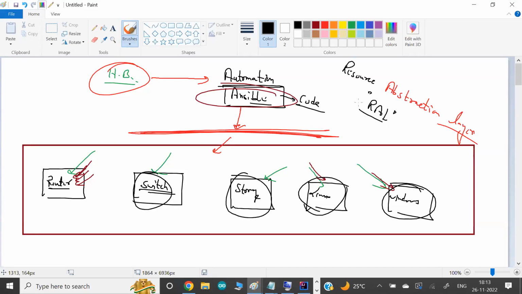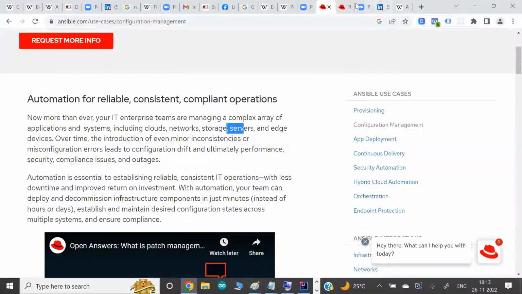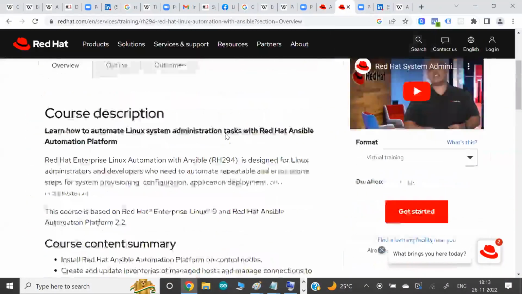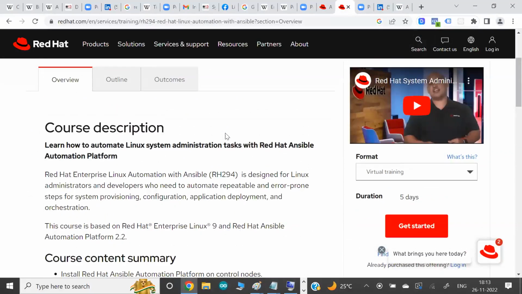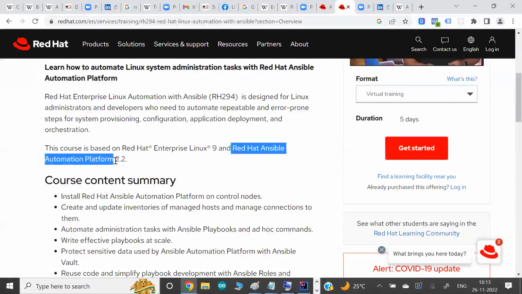Okay, after you become comfortable with some part of Ansible, then I keep on adding new concepts: how the Ansible architecture works, what is inventory, what is controller node, what is managed node, and a lot more things keep on adding. But I just want to tell you one more thing, guys, one more time. Okay, we are learning the newer version of Ansible. Okay, and very recently they launched this new kind of way. It's called Ansible Automation Platform, AAP.